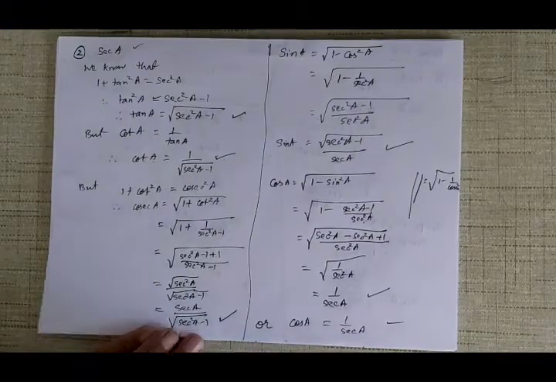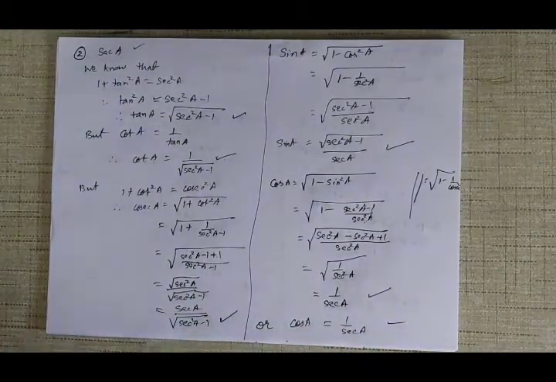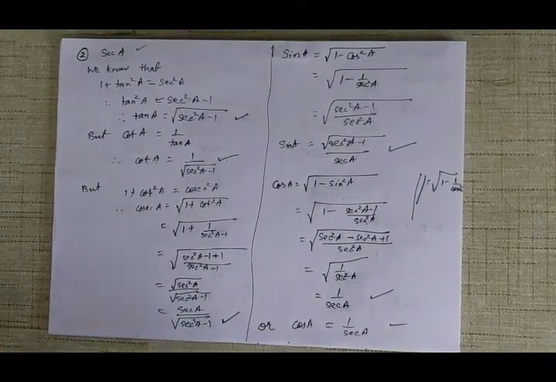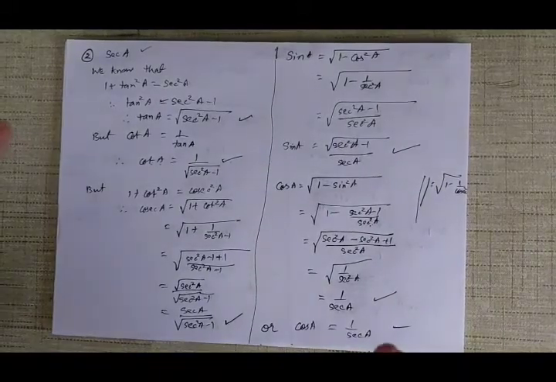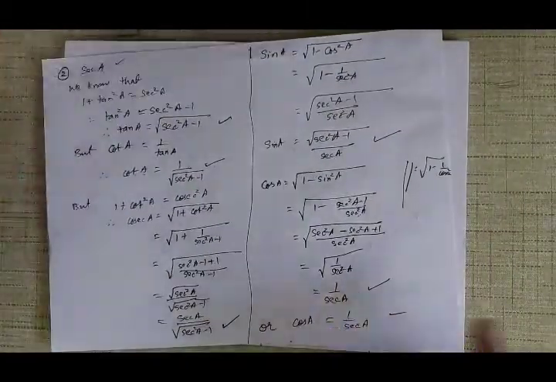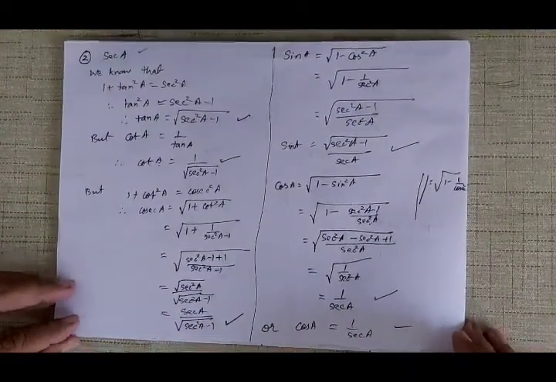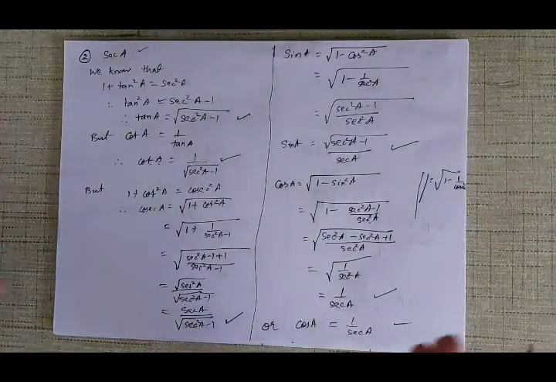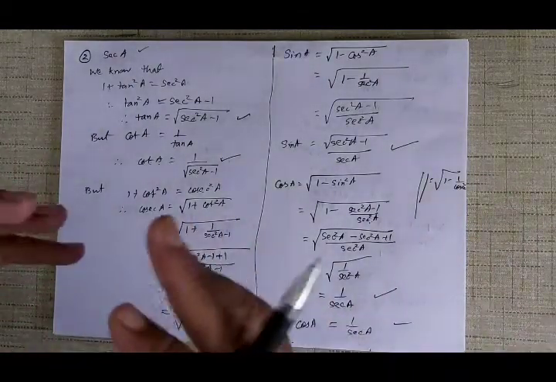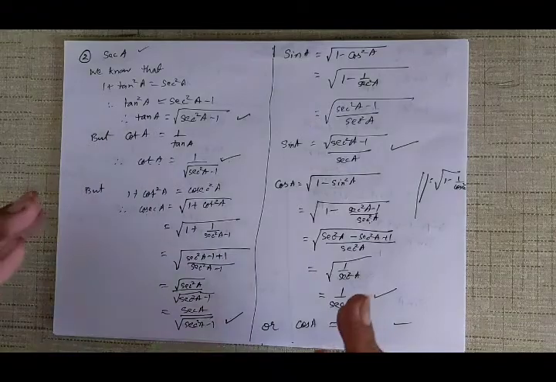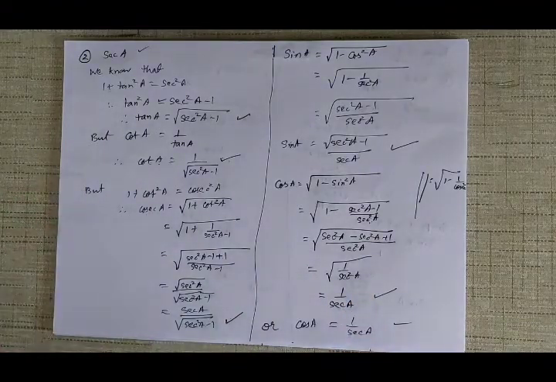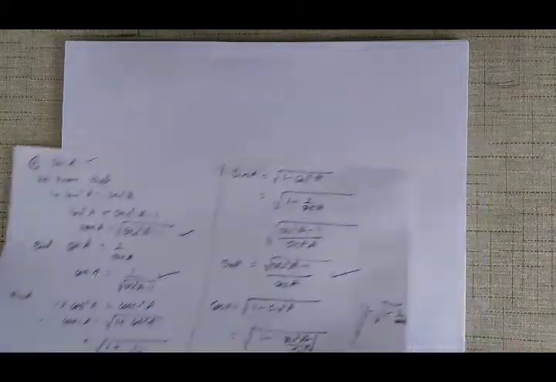Or you can do it this way. Both are correct. Whatever comes into your head first, you can do it. There is no absolutely fixed way of doing it. As I showed you here also, there are 2 ways of doing it. All you have to be careful about is the sign, as well as the interrelationship of the ratios. If you don't get the interrelationships correct, then you will not get the correct answer. So that's the way you can do it. Alright, that was question number 1.